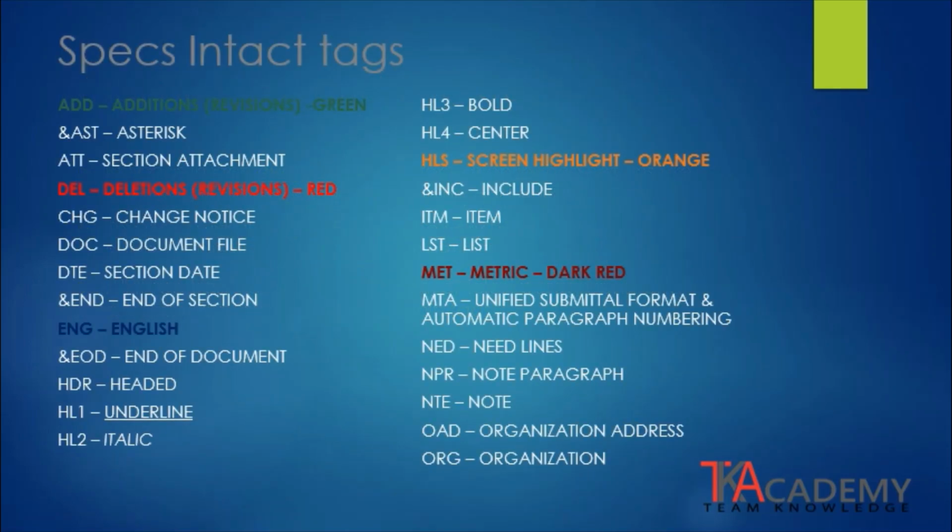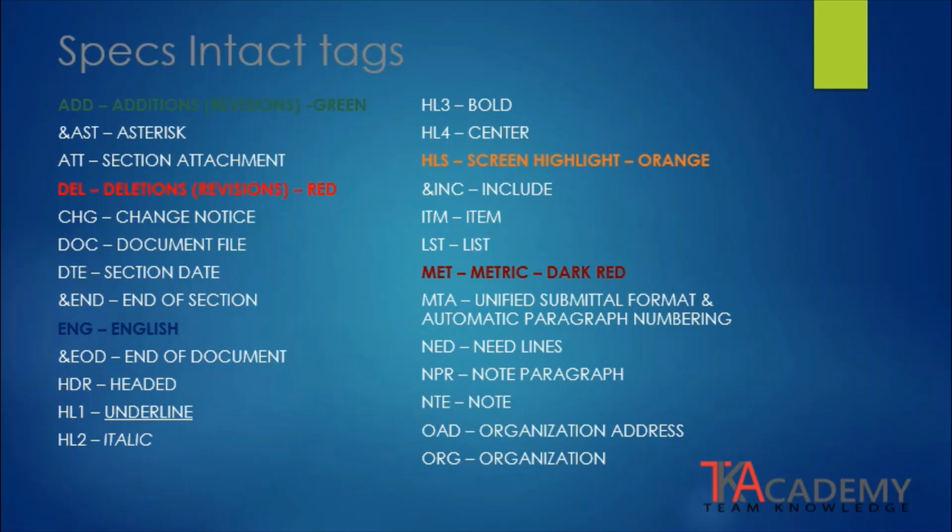There are multiple types of tags that are utilized by Specs and Tact depending upon the type of information that is being represented. It is not important for the user to know all these tags. Most of these tags will be embodied within the text, and the user may not even be aware of their existence. The tags that are more relevant to the user will be highlighted with a designated color. The text that is affected by these tags will also be shown in that indicated color.